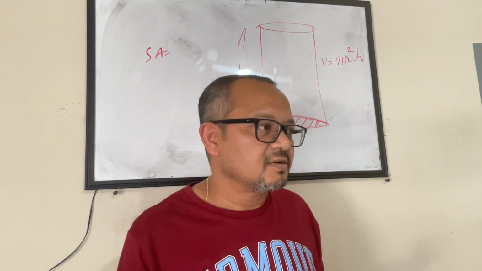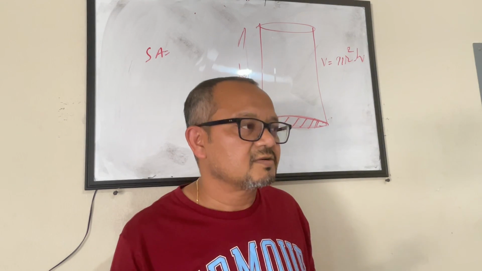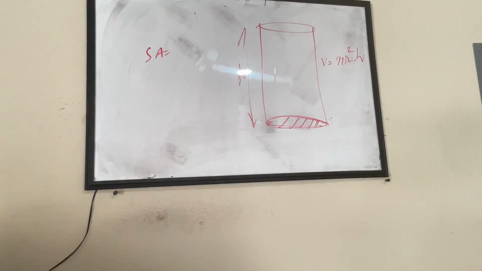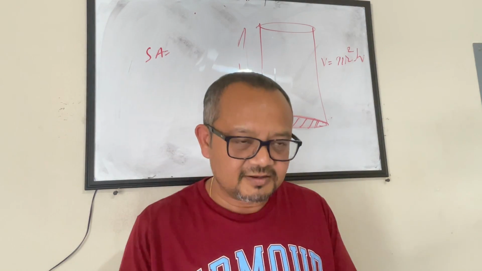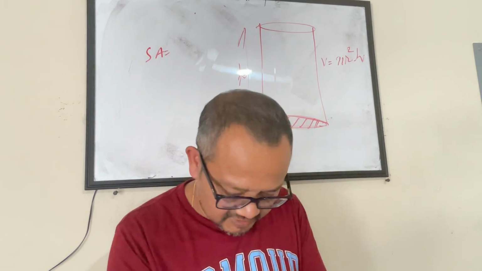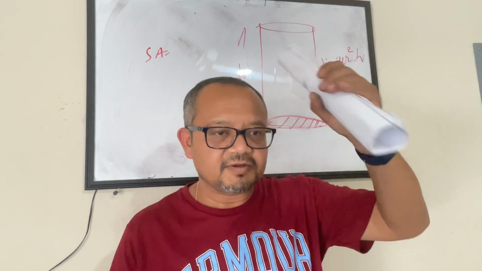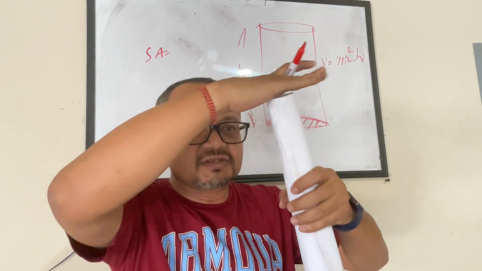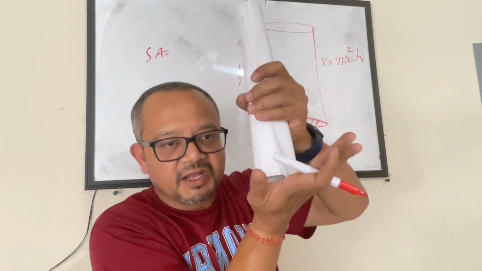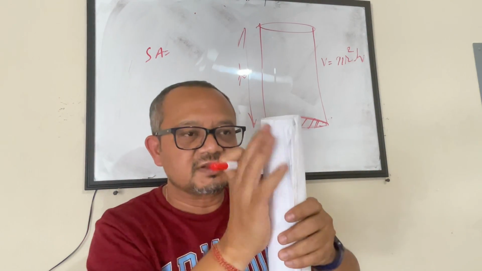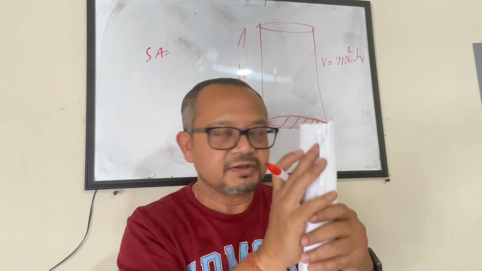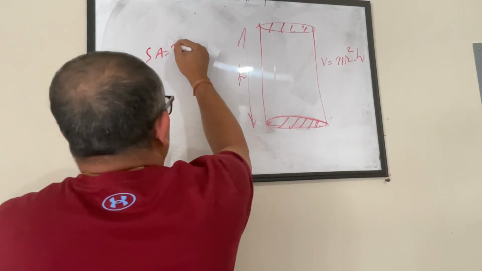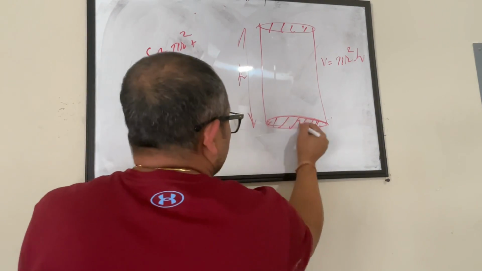You find the surface area of the 2 circles and then add it with the surface area of the curve. So this is my cylinder. This is the circle and this is the height to it. So what we have to do is find out the surface area of the top and the bottom and the surface area of this curve that we see here. So the surface area of this is pi r square, plus this area is also pi r square,